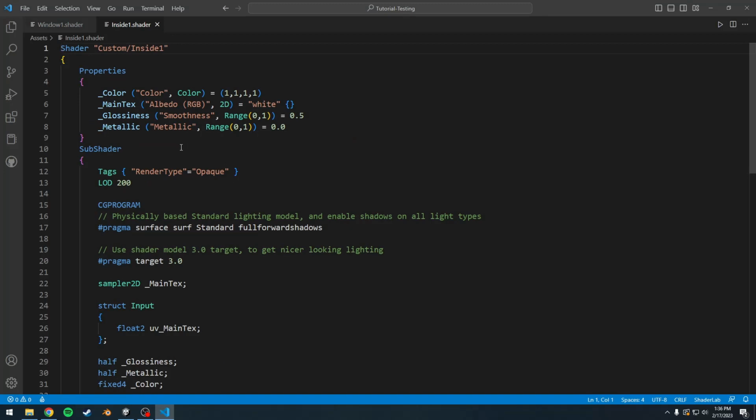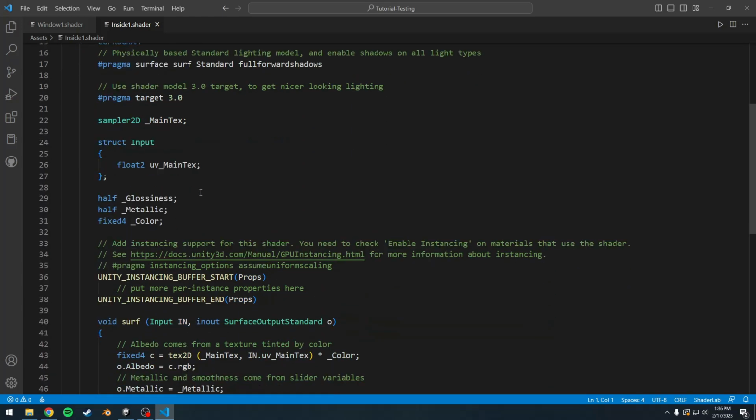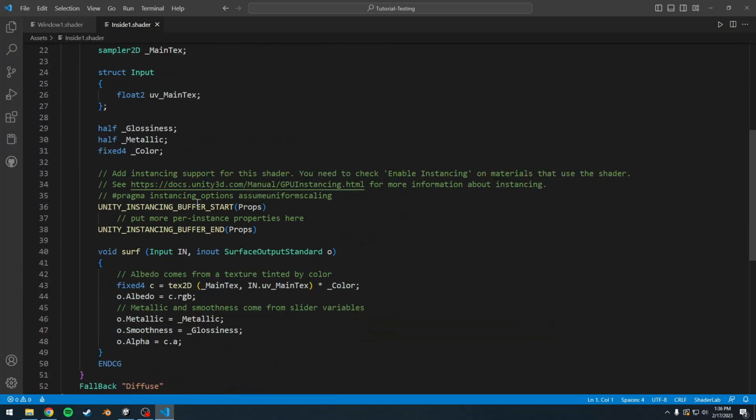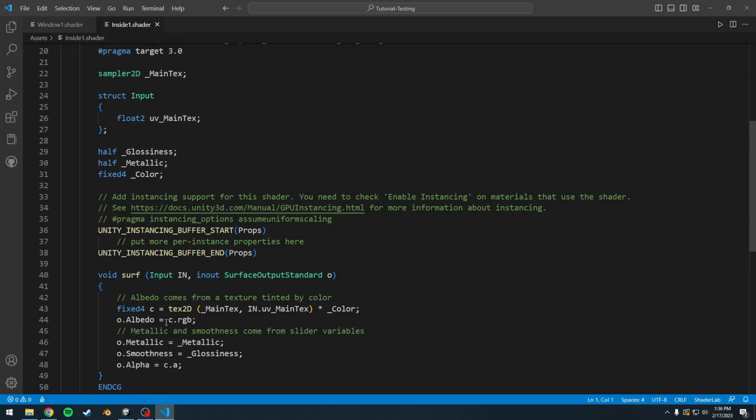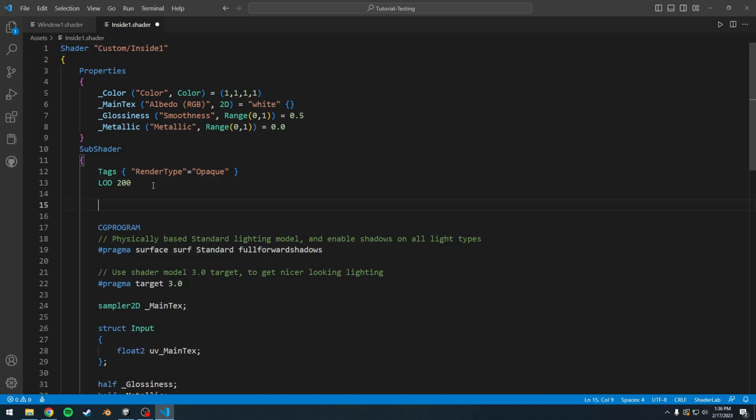Okay, and this is what a surface shader looks like. It's pretty similar to an unlit shader, but it has some extra functions that deal with albedo, which is texture, metallic, and smoothness, which is like how shiny it is. But we're going to ignore pretty much all of this, and we're going to go right here and then add another line for the stencil buffer. So stencil,